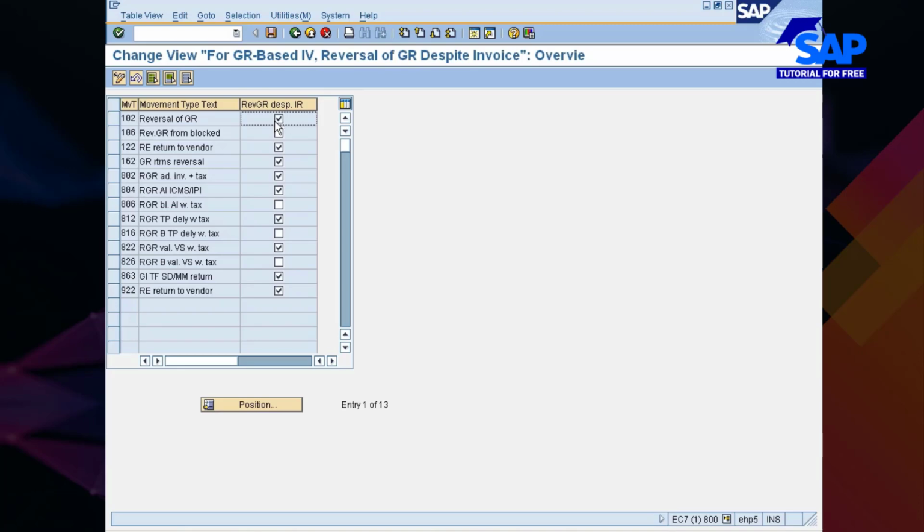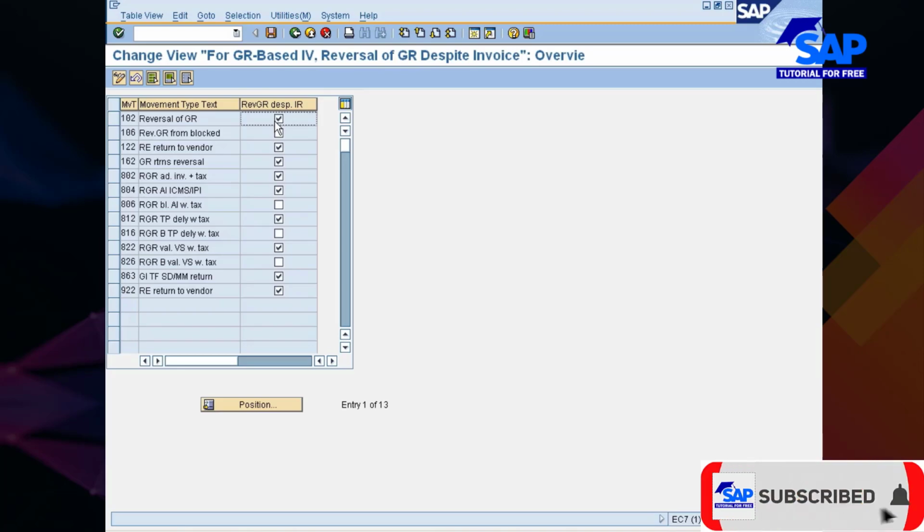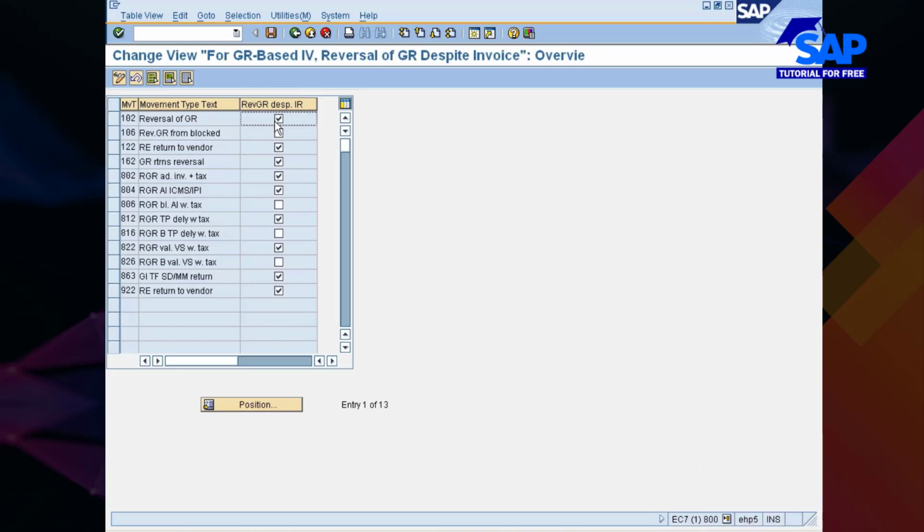If you do this way, there are what we call pending amounts in the GRIR account, which will create a lot of problems at the time of year ending and month end postings. Therefore, this is not correct. But if a customer wanted, I can do this one. Because SAP recommends not to do this, I'm checking this one, but there is a place where you can activate it, right? So this is the one,